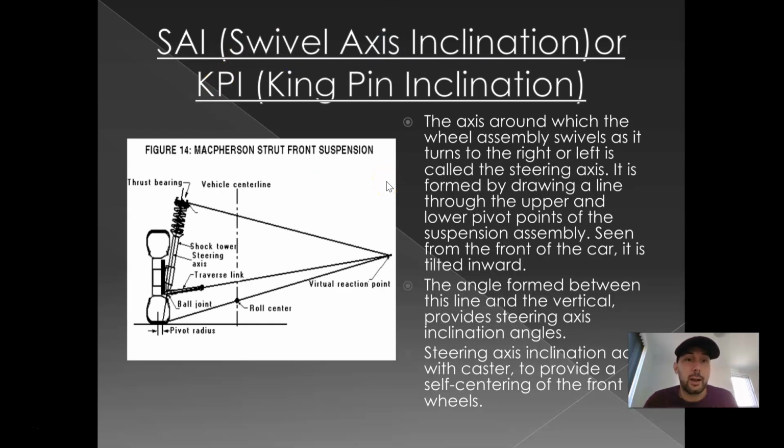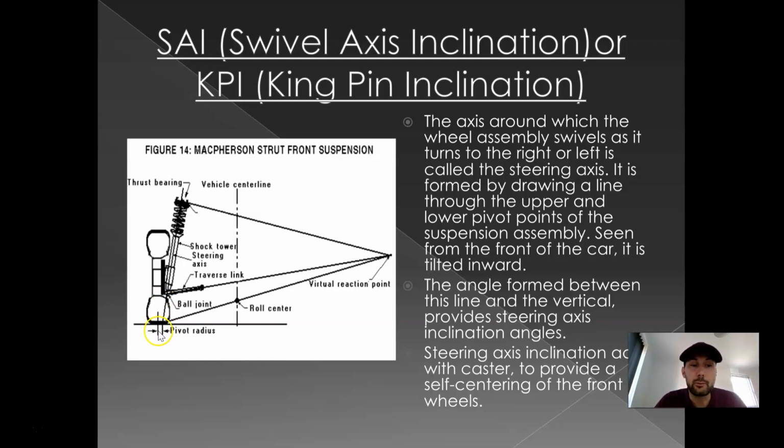And the last one that we need to look at in regards to geometry is swivel axis inclination, or what is otherwise known as kingpin inclination. So if we have a look at the diagram, what we can see is that there is a suspension strut. This is a McPherson strut, of course. We're looking from the front of the vehicle, and we can see the road wheel. Now what we're looking at is the angle between the suspension when viewed from the front and the road wheel. And what this does is allow us to have a look at something called the pivot